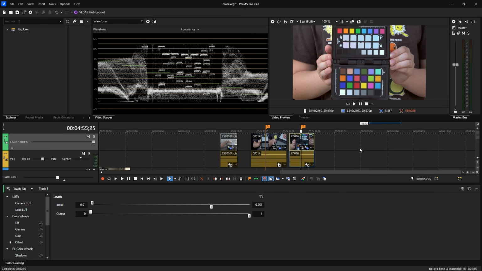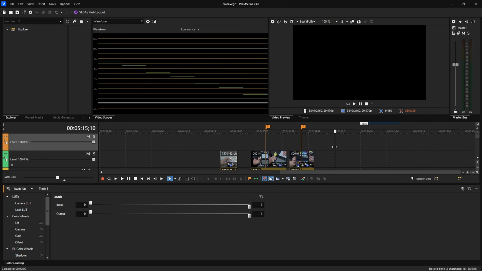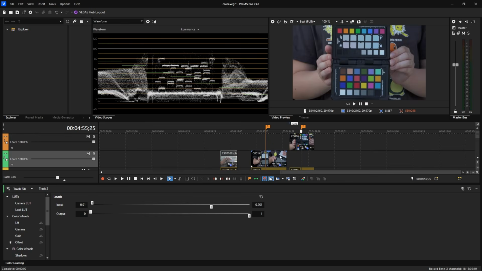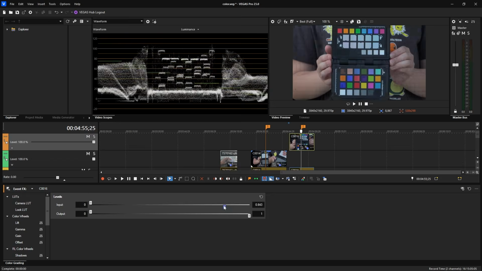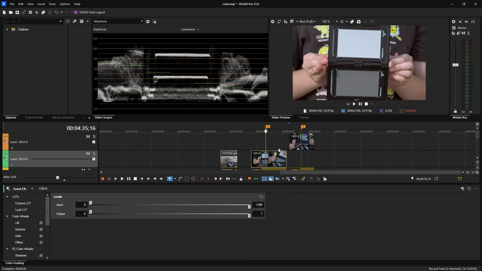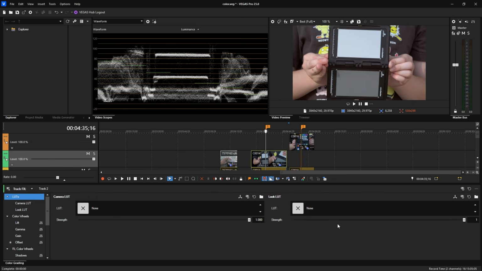If I hit Control Shift Q while this is selected, I can create a new track and I can slide this one up, and now you can see it doesn't have the correction. So if I do this event-based again, you can see that I can now affect this one directly just by being on the event. So I want to go back to this one real quick and go to the track effect I did, and I want to go to the LUTs, and what I want to do is